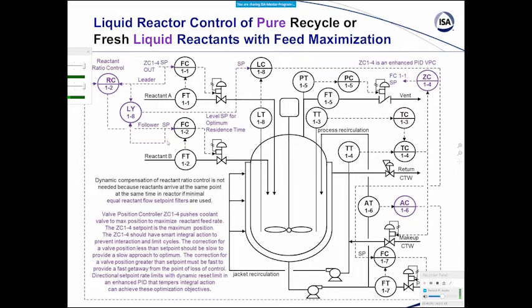You don't want to get carried away with it. You want just a set point that makes sure that the slowest loop can follow that set point as well as the fastest loop. Now that's also going to be in place for reactant ratio control, but again, if you do it correctly and make it minimal, then you shouldn't have a problem.